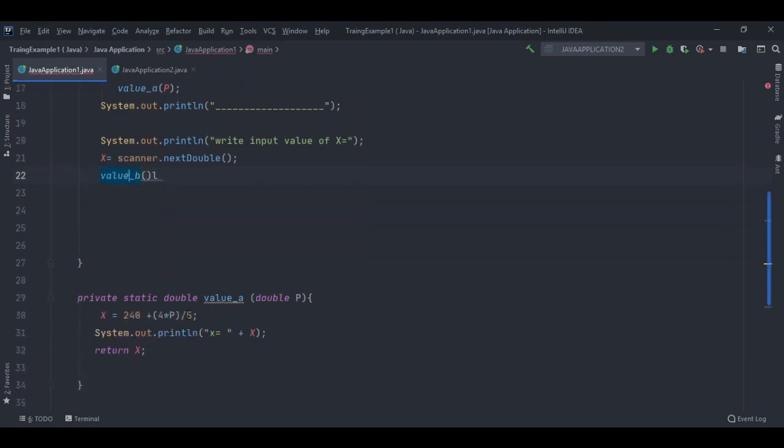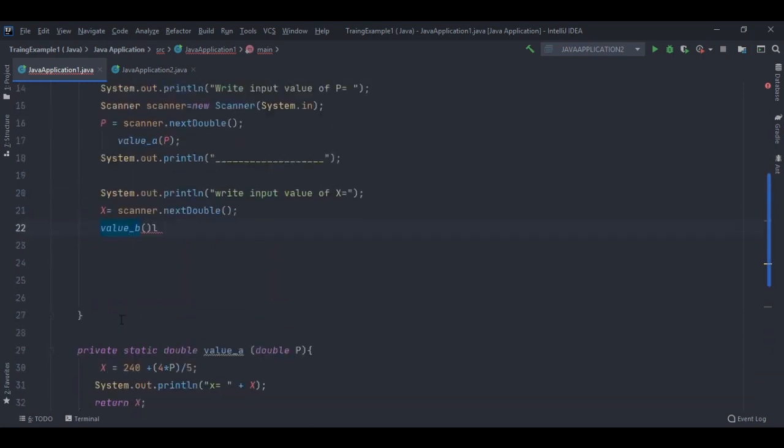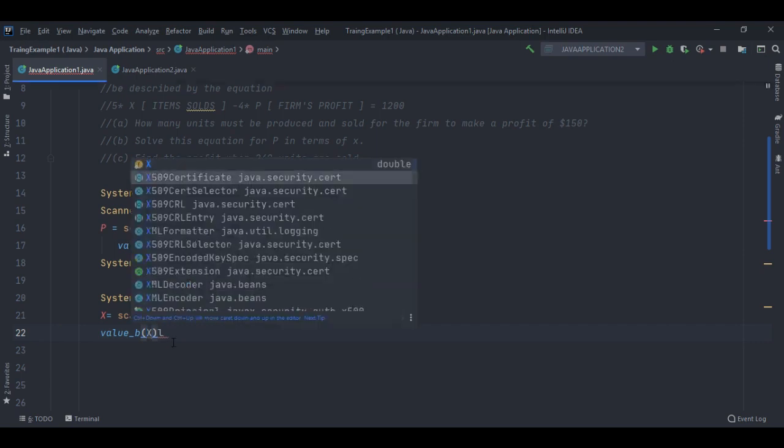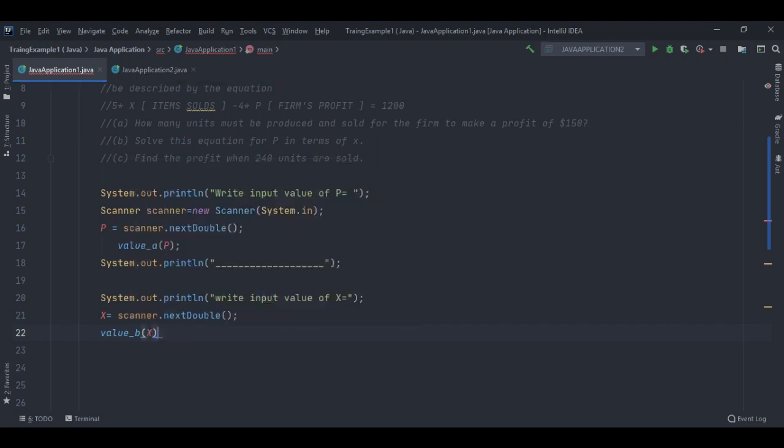We are going to call this method, and we must type the value of x. And here you can write it differently, because this value, when calculated, will be a double. You can write double d, this value,